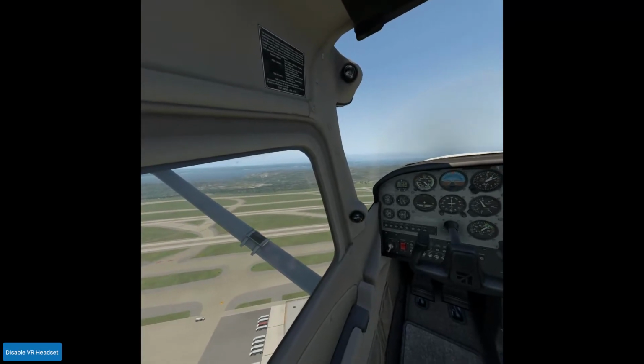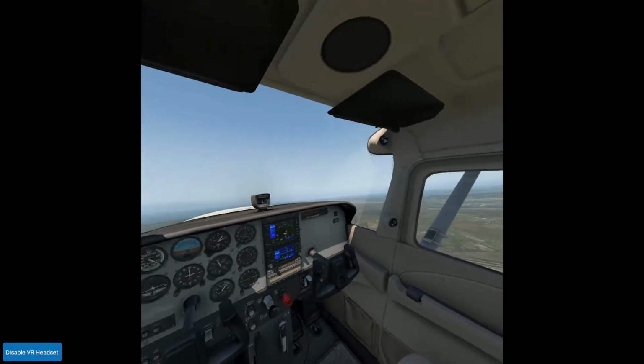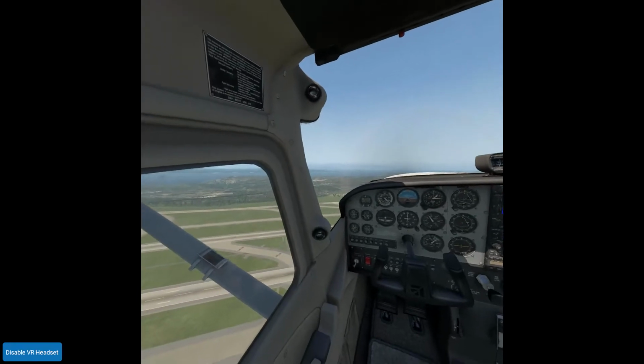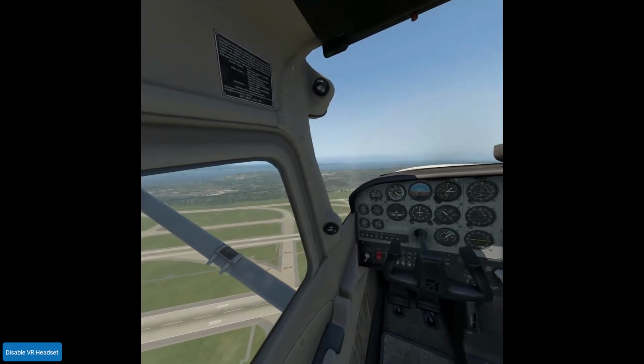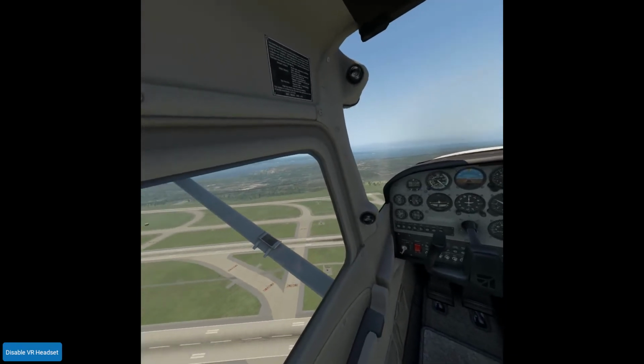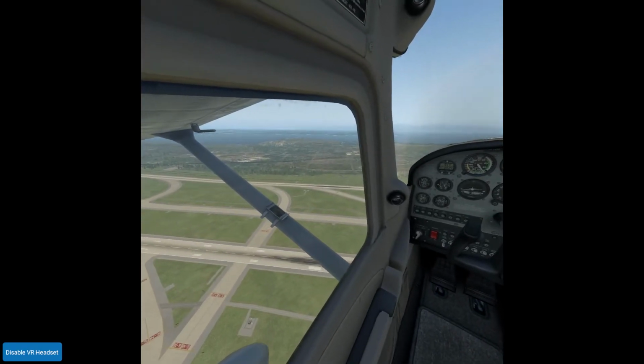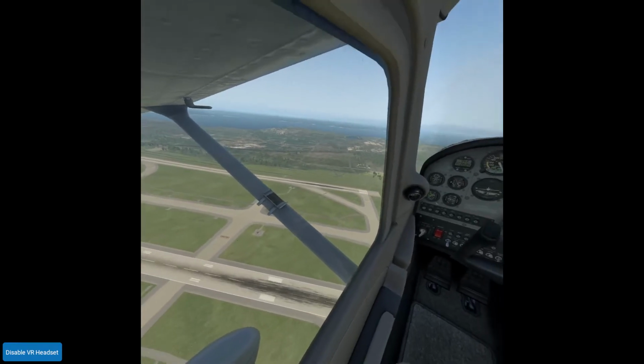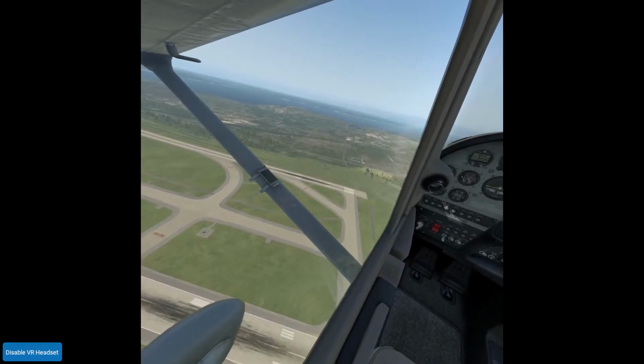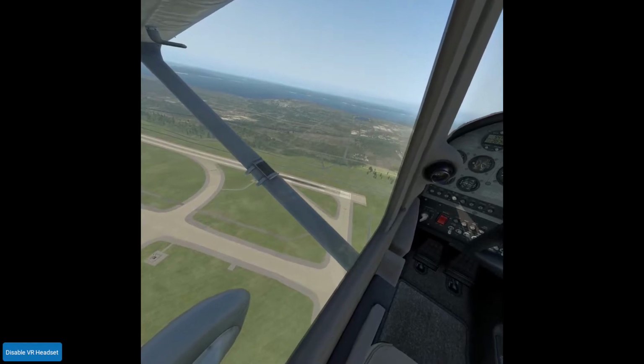Normally at a tower airport, I would be talking to the tower, and as a consequence, I would be told what to do. You see that strip right below us, ahead of us now? There's one below us, one ahead of us, slightly. That is